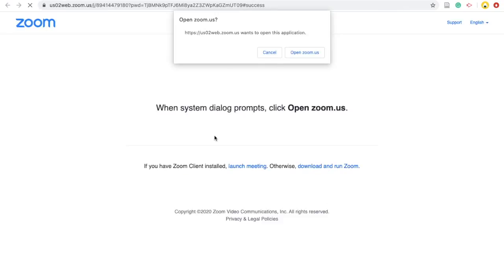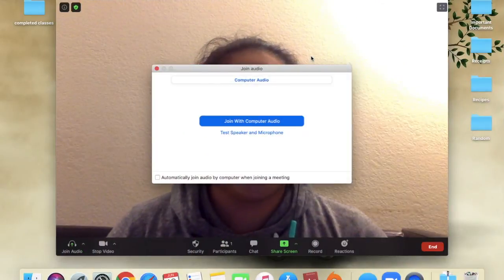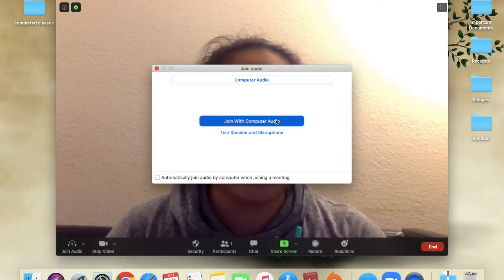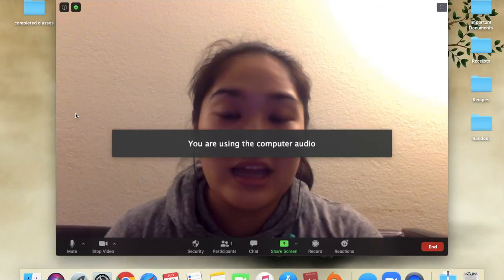After clicking the link, you'll be redirected to Zoom, where it'll ask you to download the Zoom app. This can be downloaded on your phone or mobile device as well as your laptop. And after you download the app, you can go ahead and click Open. And then after opening the app, you'll click Join with Computer Audio or Mobile Device Audio, and you'll be in